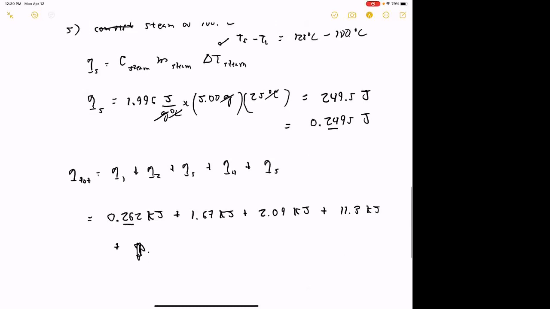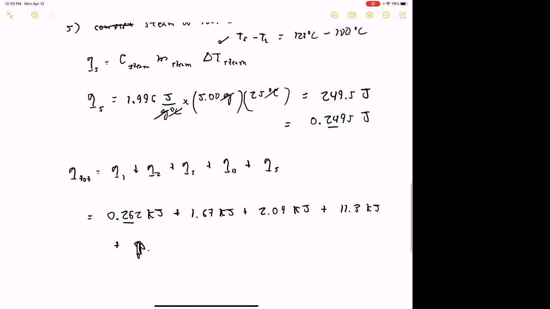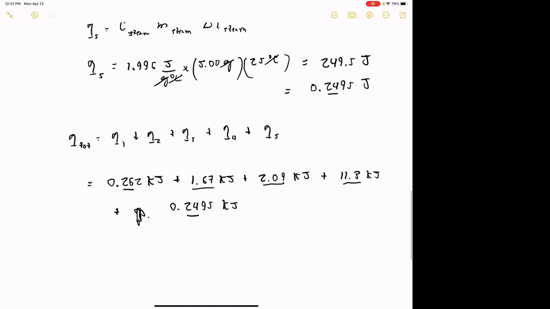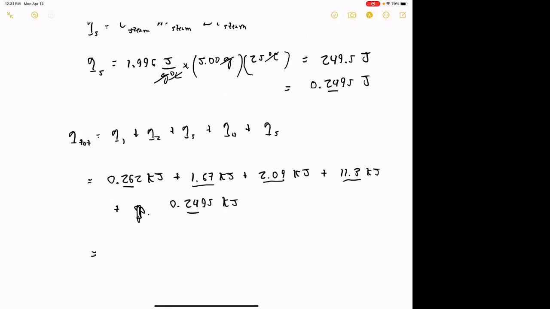Oops, sorry, might as well put a number in there. 0.2495. And I'm good to 2 sig figs there. I think the rest of them I had the sig figs worked out. All right, so it looks to me like when I add this up, I'm going to be good to the 10th place ultimately. So when I add them up into the 10th place, it looks like all told, I get 15.572 kilojoules. It looks like I'm limited to the 10th place over there on my Q4. So we're going to call that 15.6